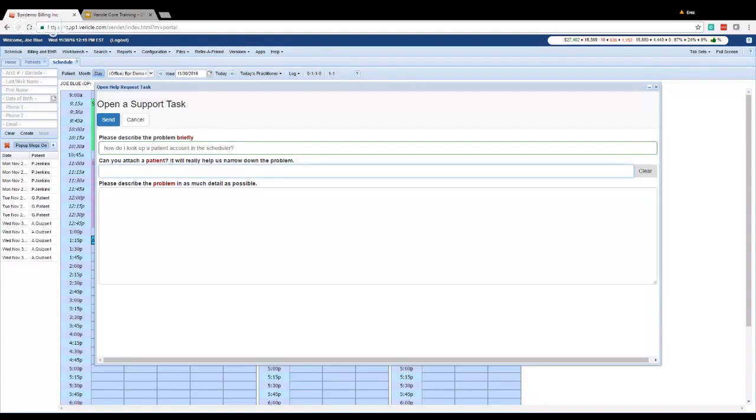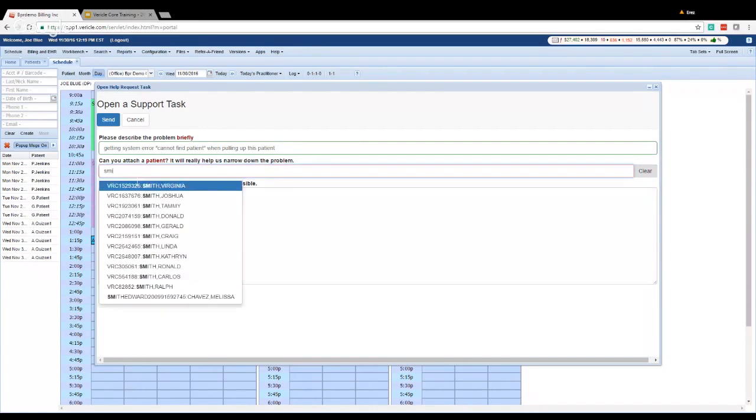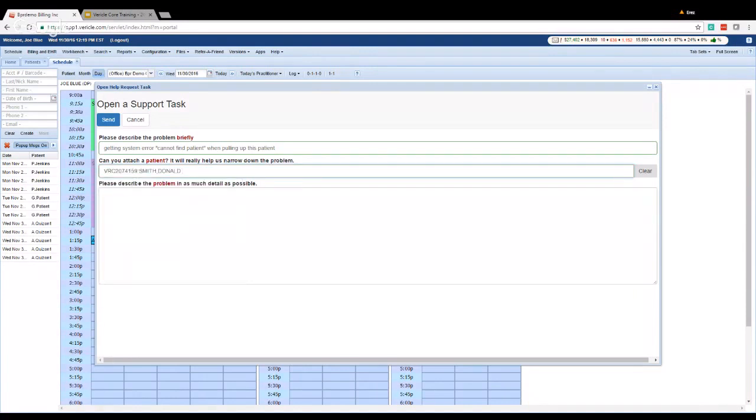So maybe I write something like, how do I look up a patient account in the scheduler? If this is something that's related to one particular patient, let's say I had something like getting system error, cannot find patient when pulling up this patient. It would be really helpful if we specified which patient that was. So there's a little look up there, find Donald Smith, and then this is a pretty good description of the problem, so I probably don't need to add additional details, but